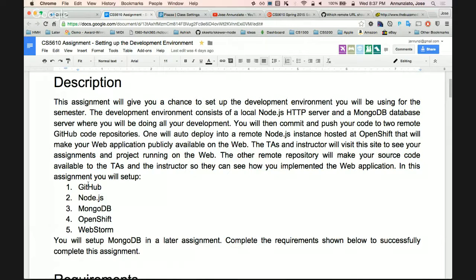We used to ask students to keep a blog of what they were doing. There's no need to do that. GitHub keeps track of everything you're doing: all your commits, what the file used to be, what it is now. I can see a day-to-day progression of what you're doing, and your consistency will affect your grade.